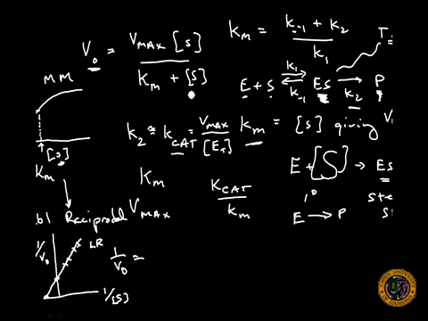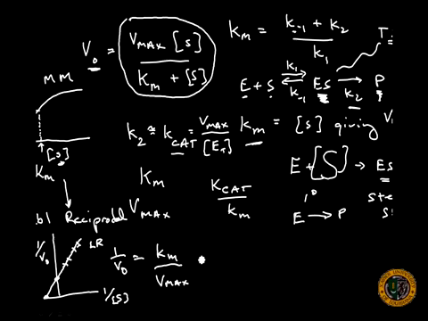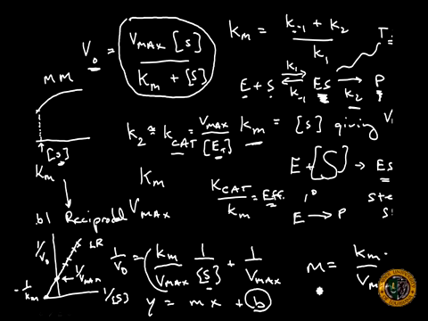1 over V0, taking the reciprocal. And if we take the reciprocal of this equation, then we're going to end up with Km over Vmax times 1 over S plus 1 over Vmax. Understanding most of the foundation